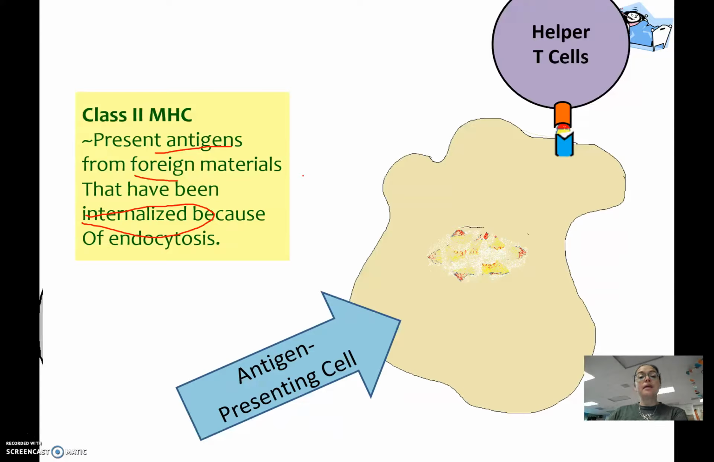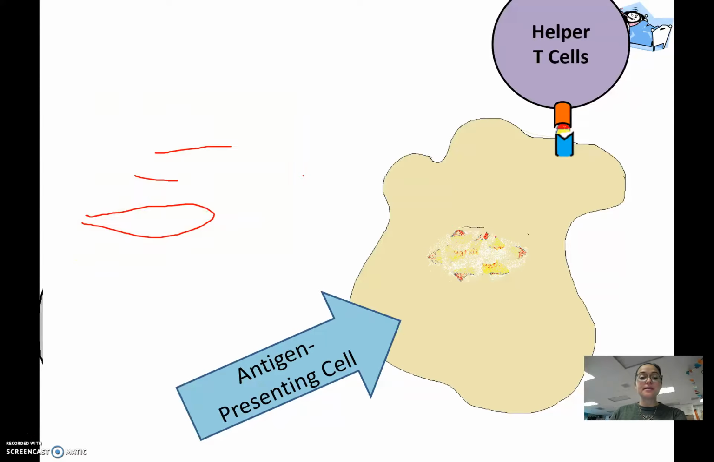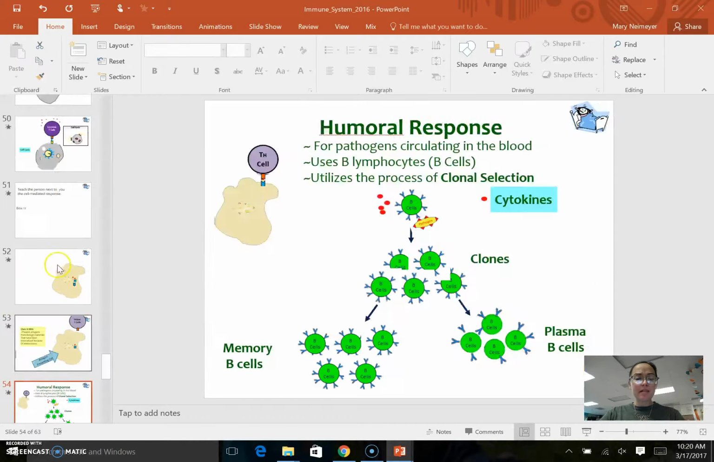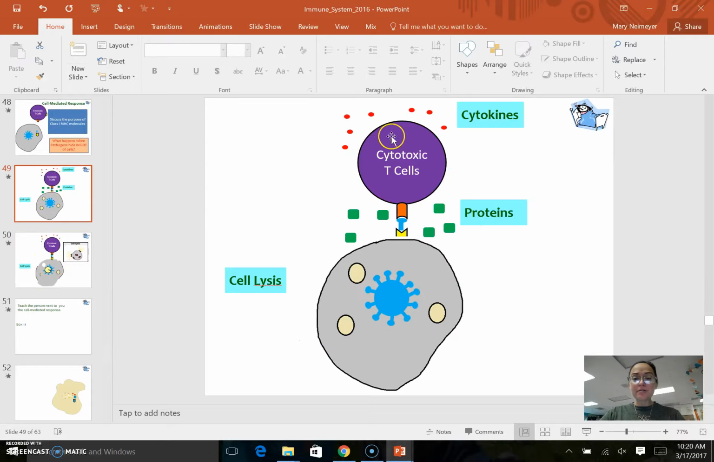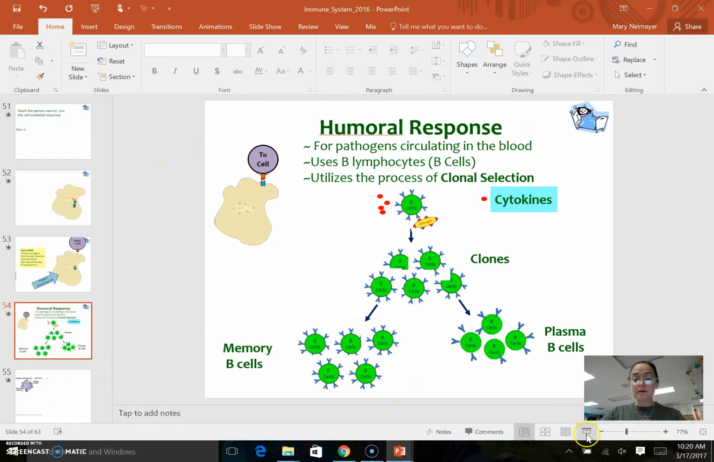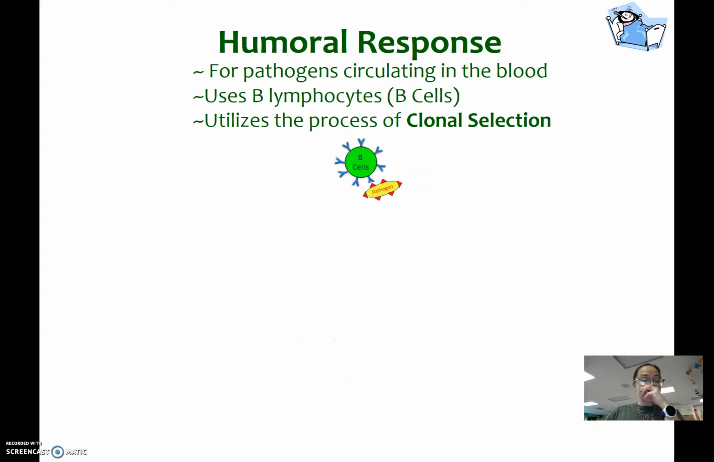Okay, so then the macrophage, or the antigen-presenting cell, activates the helper T cell, and now that helper T cell can help both the cell-mediated and the humoral. So when we talk about how it helps the cell-mediated, that's back on this slide. These cytokines right here came from a helper T cell. So when we look at the humoral response, though, in this situation, remember